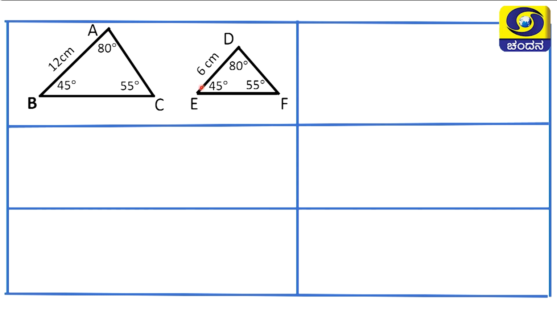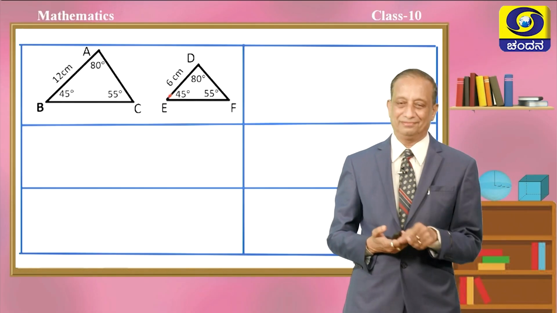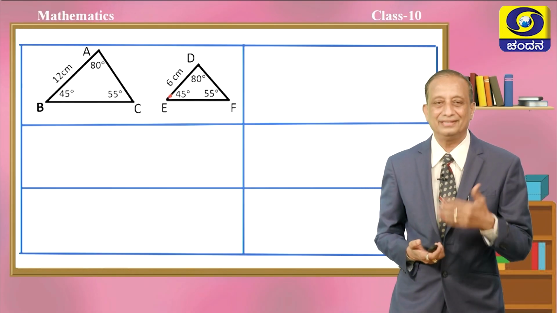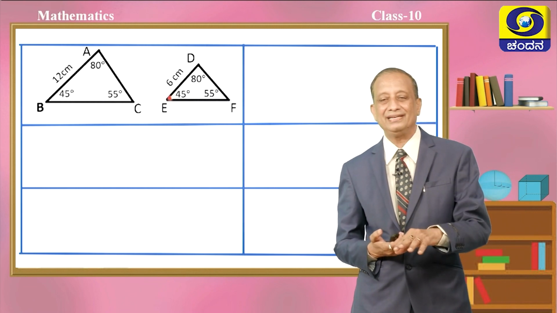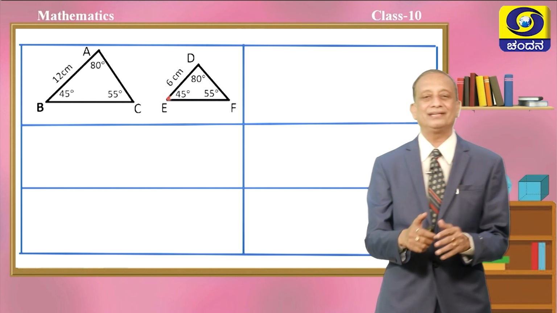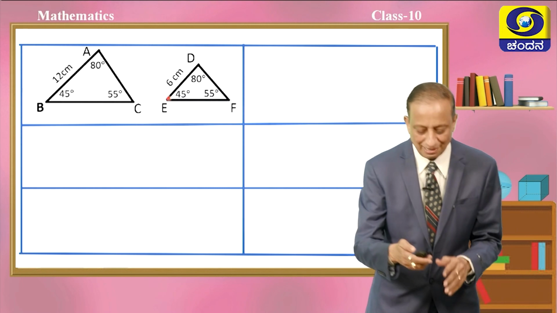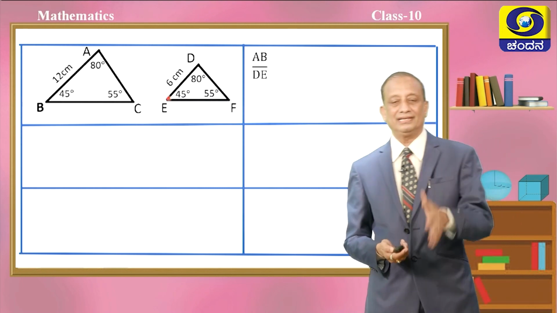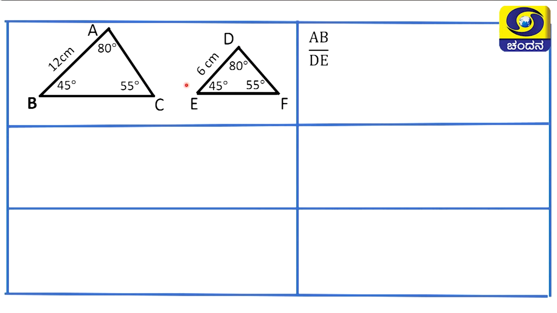We have to divide the length of AB by the length of DE. In other words, we have to take the ratio between AB and DE. Ratio is nothing but comparison of two quantities of the same kind. Let us do that. So, let us divide AB by DE. So, 12 centimeter by 6 centimeter, 6 ones are 6, 6 twos are 12, centimeter got cancelled and we get 2. So, it is a pure number, it does not have any units at all, it is just a number.